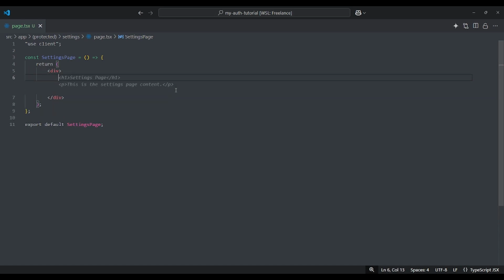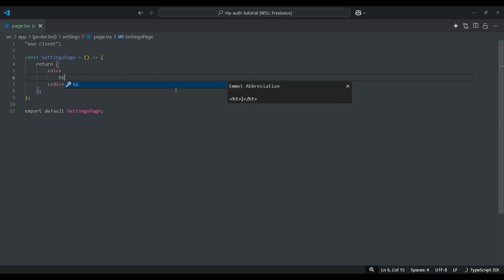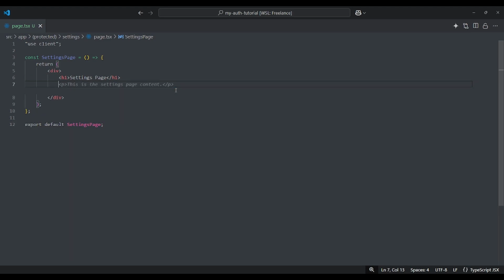and I'm pretty sure you are seeing the guide there from the Gemini AI. Most of the time I like to type settings page, but it's good to have this so that you have an idea what you are going to do next.